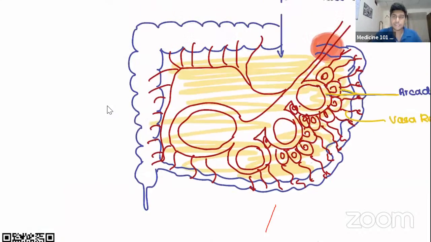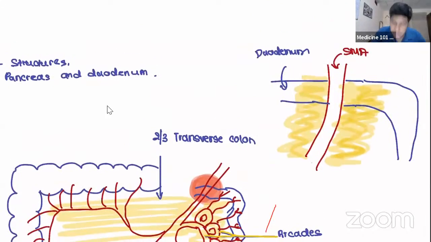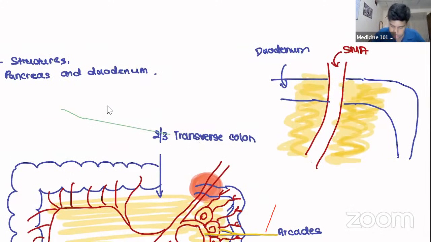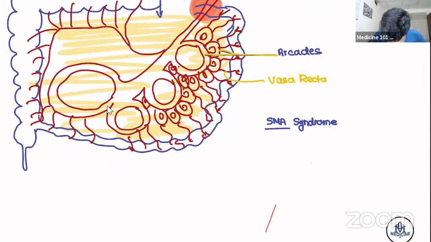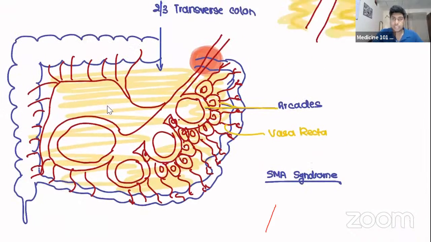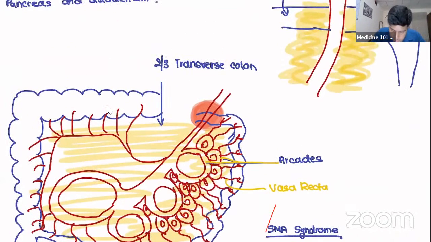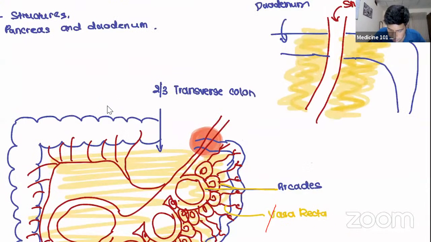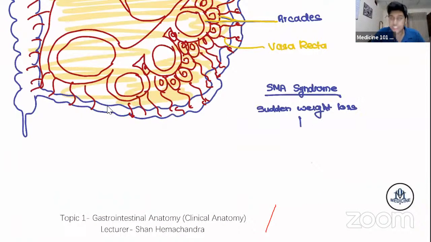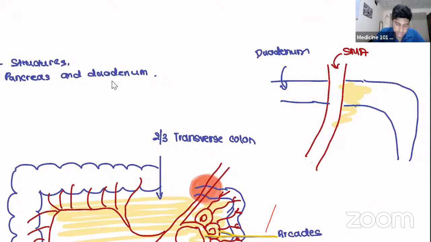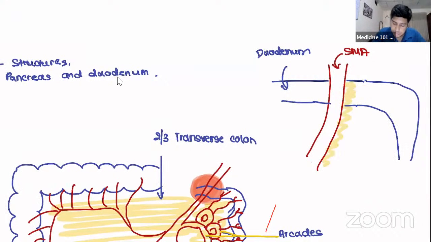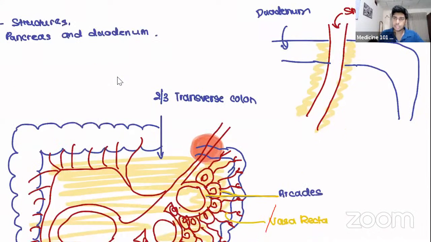So there's a lot of fat here, everywhere. There's a condition called superior mesenteric artery syndrome, SMA syndrome. Let's just write it, SMA syndrome. In this condition, there's a sudden weight loss, and that is going to cause a decrease in the fat between the duodenum and the SMA. So what happens is the SMA will go backwards and it will constrict,